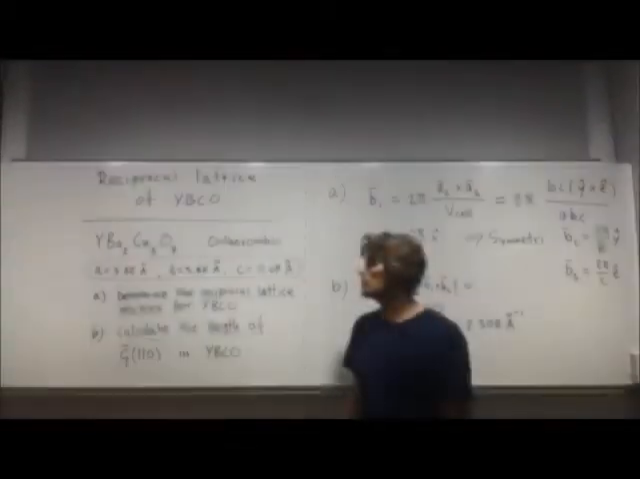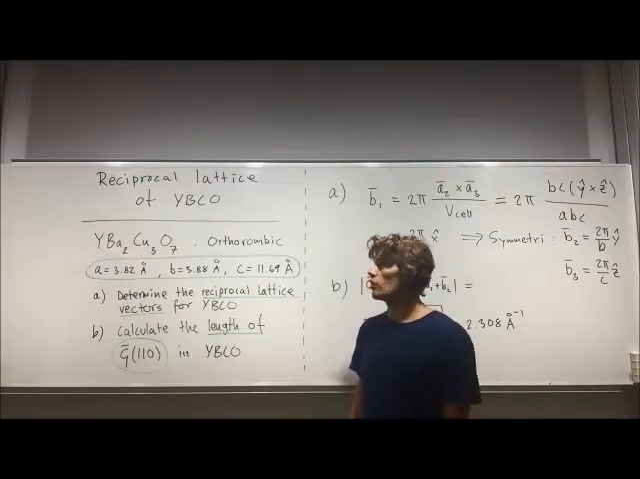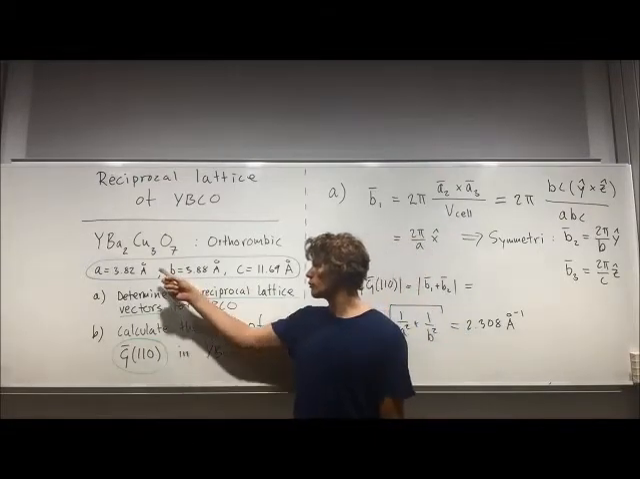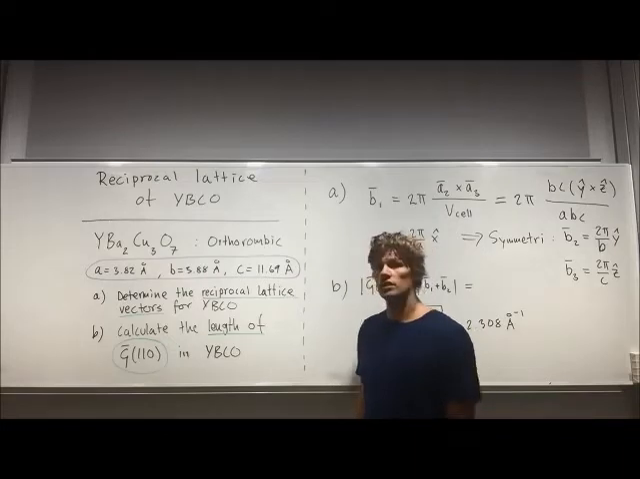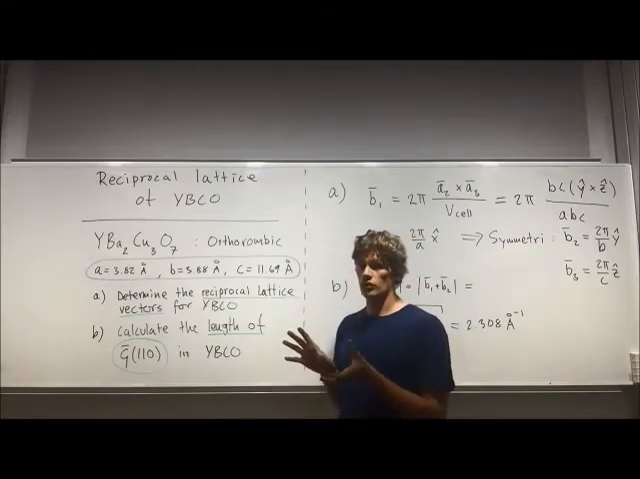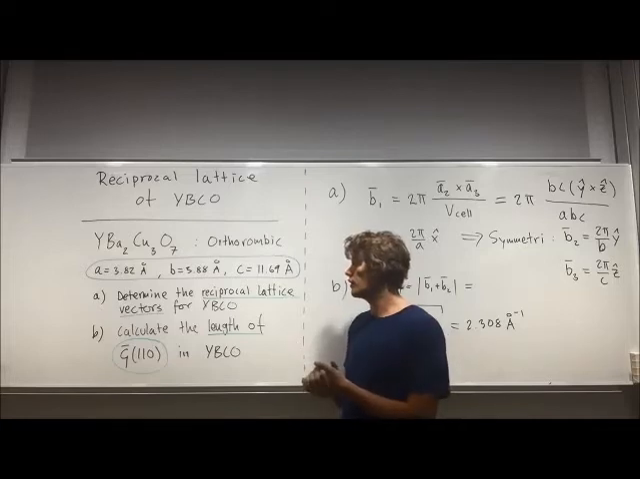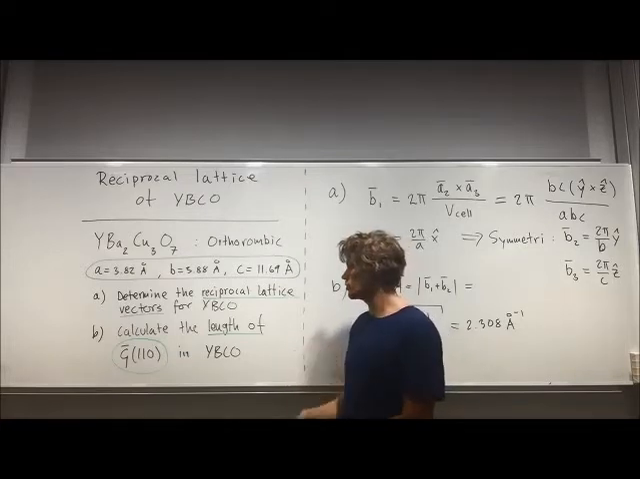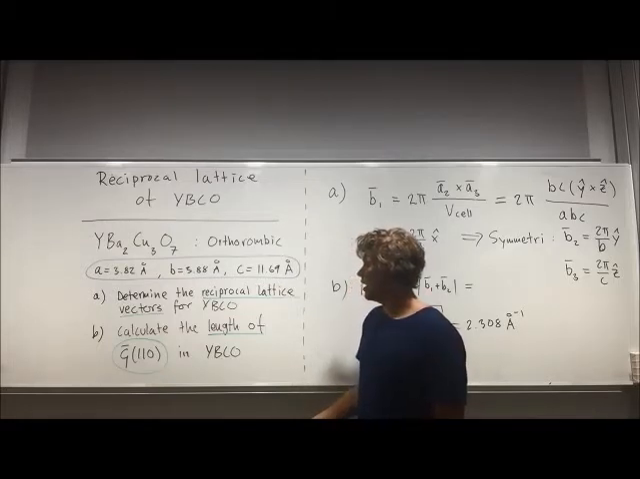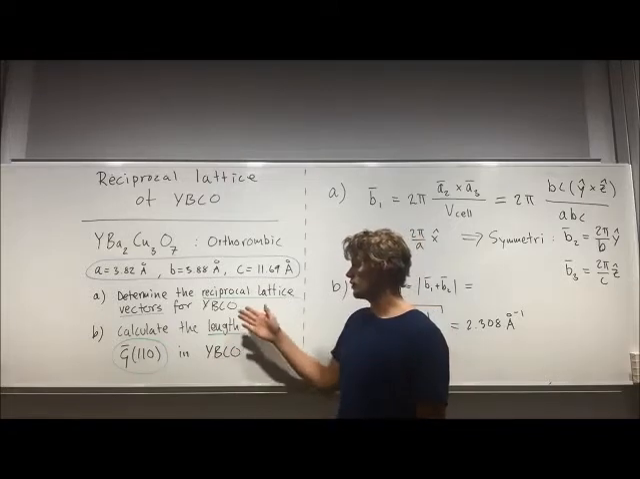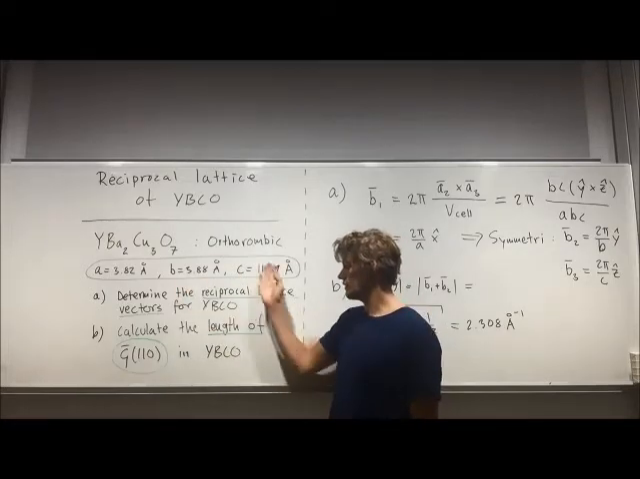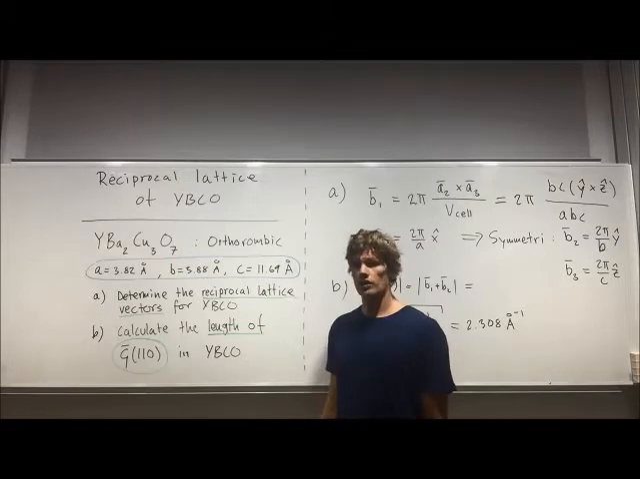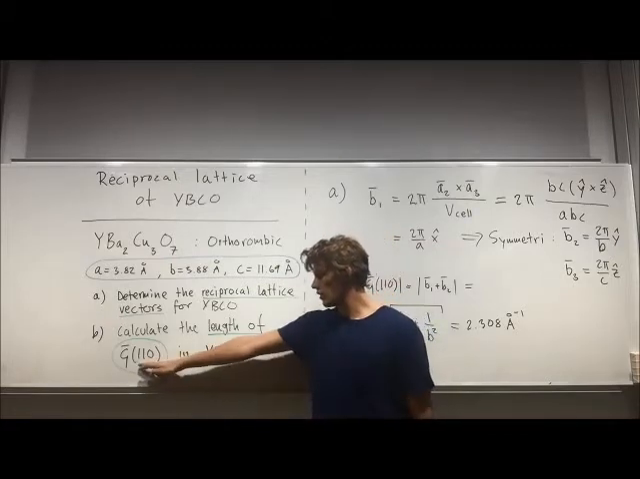In this problem, we're concerned with the reciprocal lattice of YBCO. YBCO contains yttrium, barium, copper, and oxygen, and it is orthorhombic. Orthorhombic basically means that all sides do not need to be equal, but the angles are right angles at the corners of the unit cell. The two problems we want to do are to determine the reciprocal lattice vectors for YBCO using these facts,